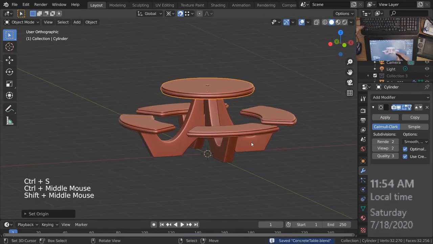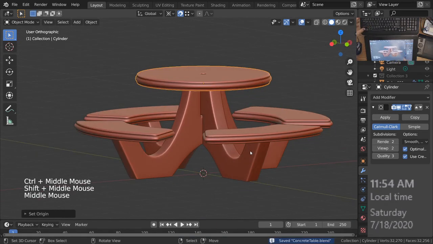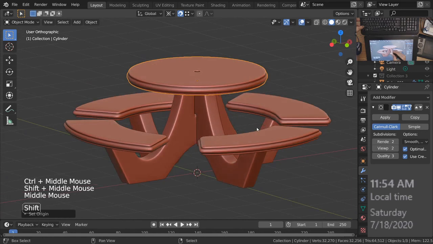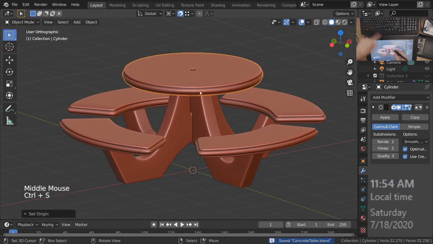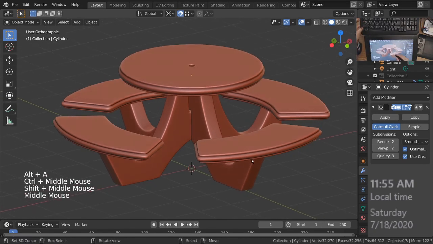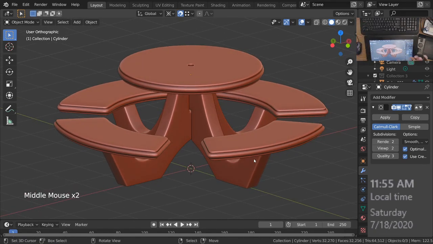Control save. All right. Obviously, this is now an hour and a half's worth of actual work, with mistakes it's 2 hours to get this, but now I have a finished product that I can then start giving materials and so on. The materials process takes a while, and I don't want to make this video any longer. Although, if I did that, I could present it as a finished product and it would look a lot nicer, but